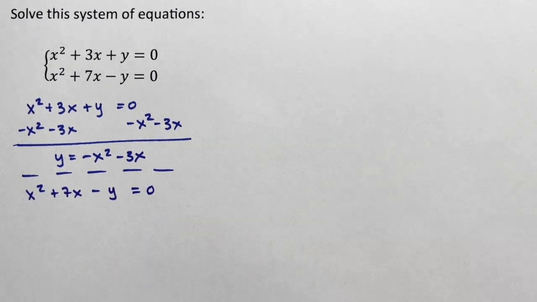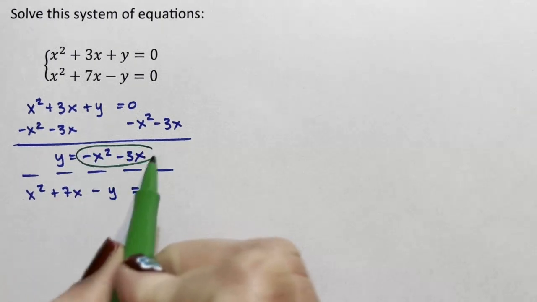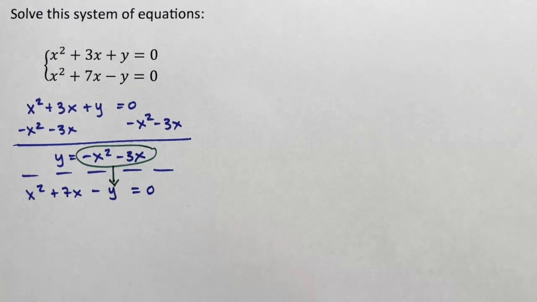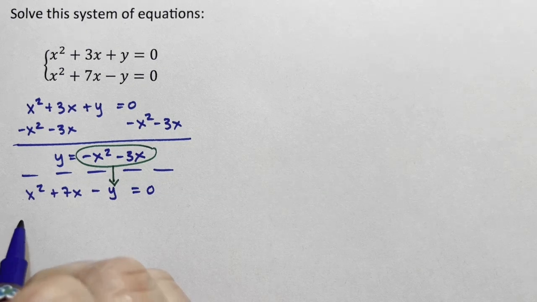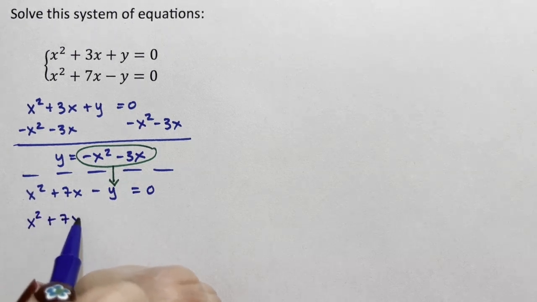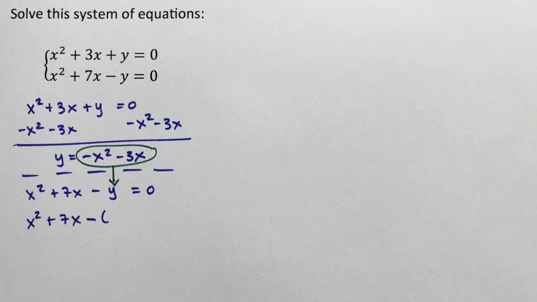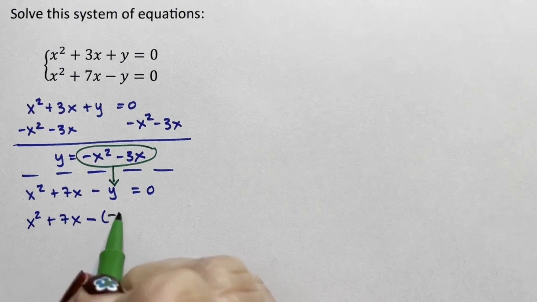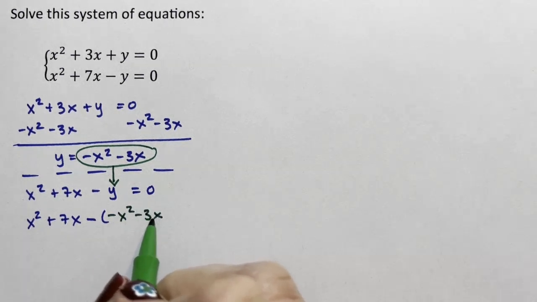And I want to take the y of the first equation and substitute it into the y of the second equation. I want to solve for x because that's a little bit harder, and then I can figure out my y's. If I solve for y, then I'm just plugging it in and then having to figure out the two x's later. I think it's easier to figure out your x's in your first step. That's my personal opinion. x squared plus 7x minus, and then I plug in this y, which is negative x squared minus 3x